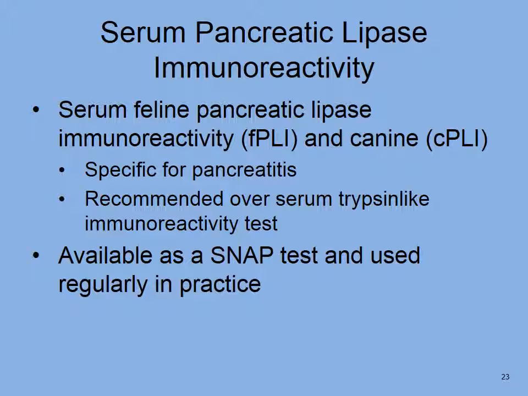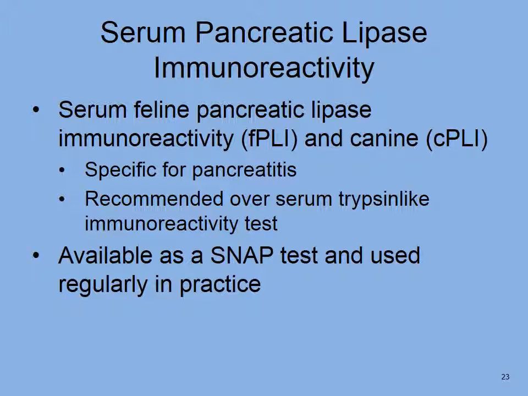PLI, serum feline pancreatic lipase, or canine pancreatic lipase immunoreactivity. So that's FPLI and CPLI. These are great. These are specific for pancreatitis, and as I mentioned before, we can use them as a snap test. So we use them regularly in practice to diagnose pancreatitis. And